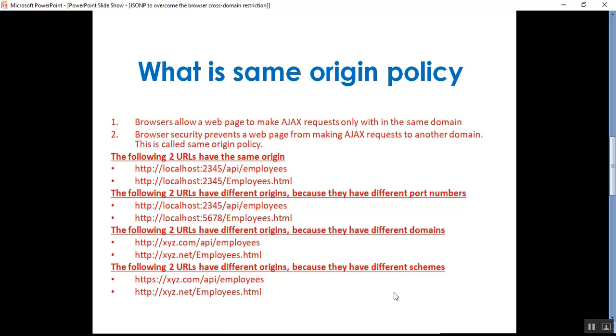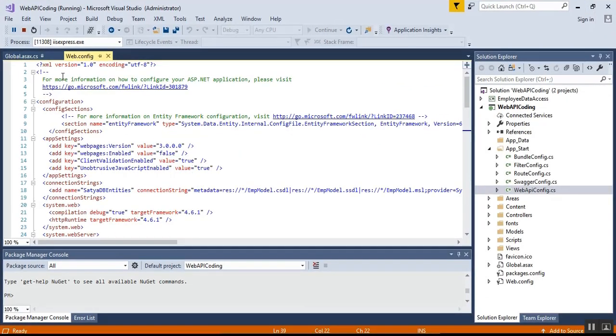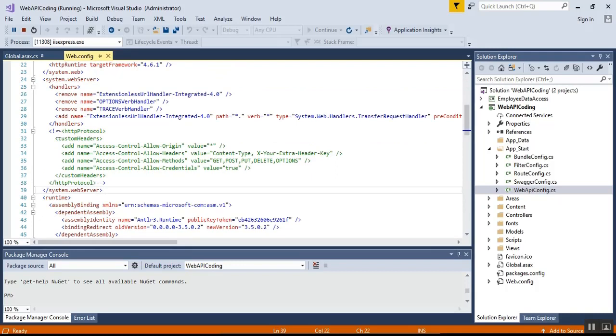You remember in my part 20 of ASP.NET Web API, I configured web.config to consume ASP.NET Web API in a cross-domain Ajax request. What I have done is, in web.config I added this HTTP protocol section with custom headers. So I have added this line of code. And in